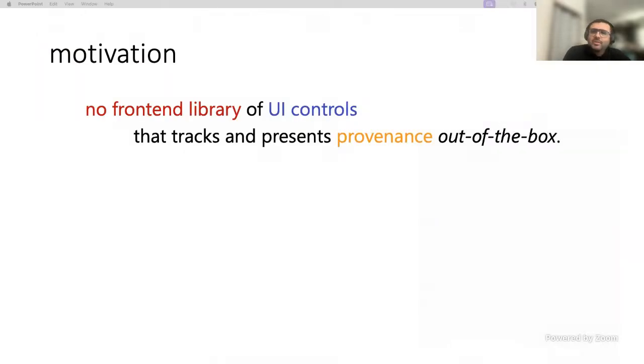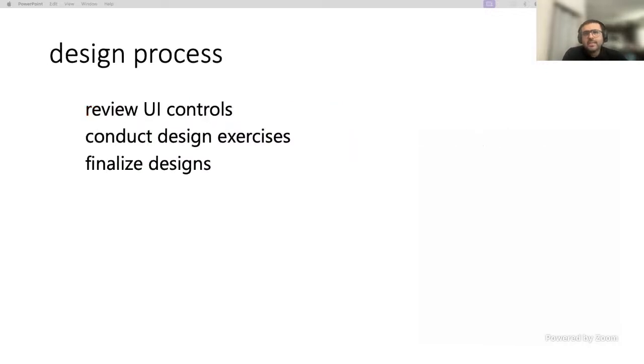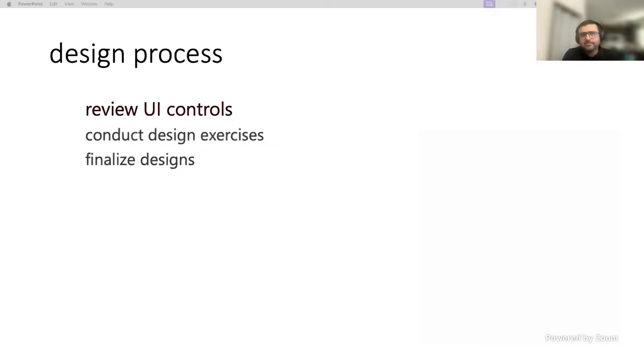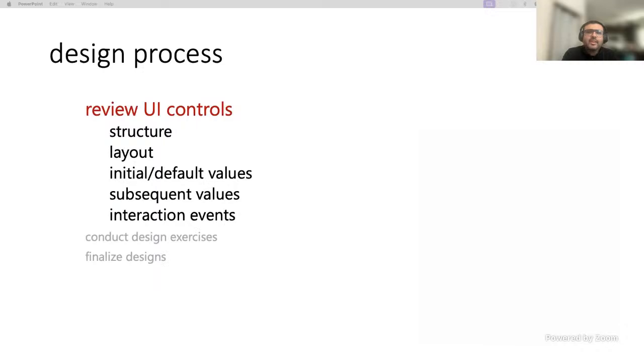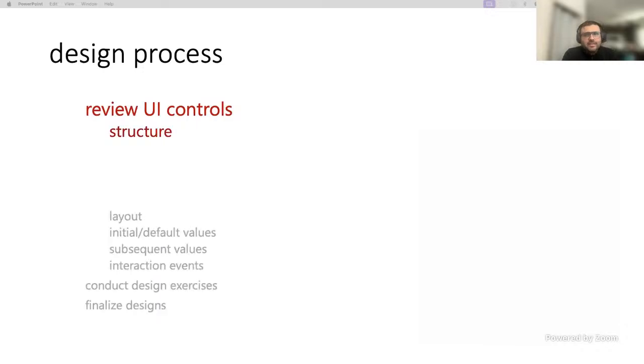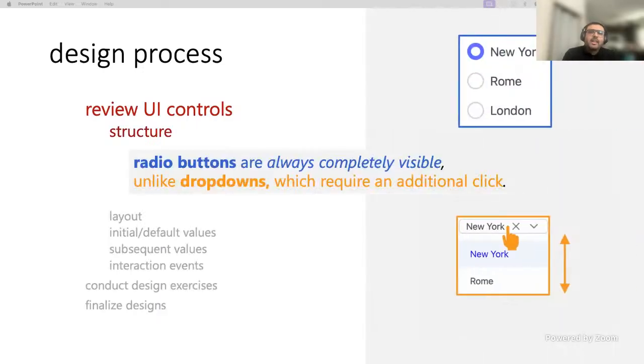Our motivation was that there is currently no front-end library of UI controls that tracks and presents such provenance information out of the box. So we followed a three-step design process wherein we first reviewed different UI controls, conducted design exercises before finalizing everything. First, we reviewed the various aspects of UI controls, such as structure-wise, all elements of radio